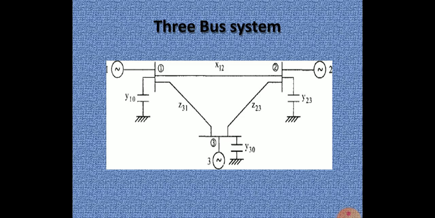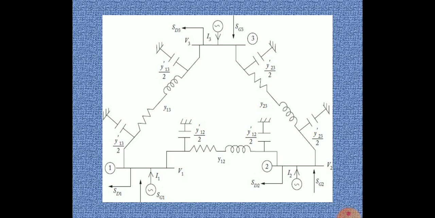The impedance value is mentioned as Z of 1, 2. Between bus number 1 and 3, the impedance value is mentioned as Z of 3, 1. Between bus number 2 and 3, the impedance value is mentioned as Z of 2, 3. Between bus number 1 and 2, the impedance value is Z of 1, 2. So this is a sample 3-bus system. Coming to the next slide,